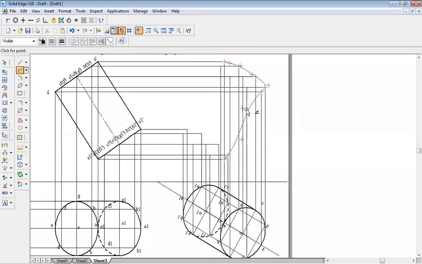Increase the thickness to 0.5. Then same way, again go back to curve command. From here, close it like this.